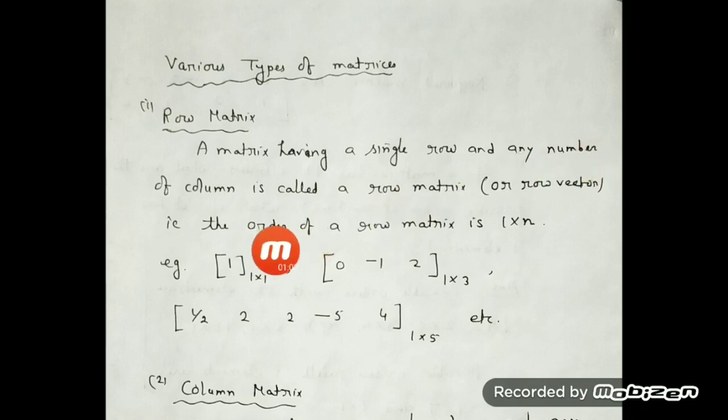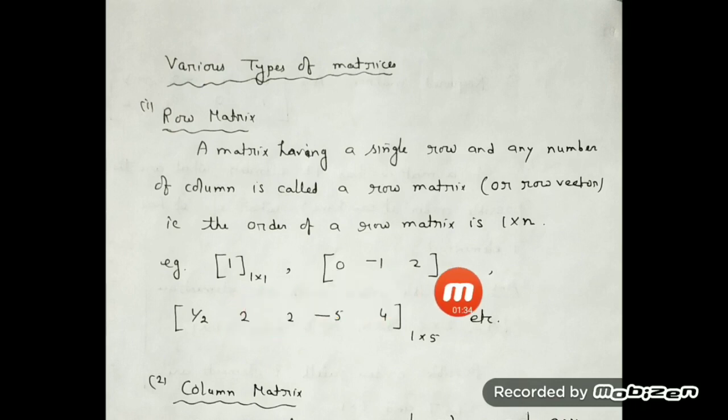Okay, so generally what is the order of a matrix we take? We take the general order as m by n, right? In the case of a row matrix, m, the number of rows, is always equal to 1. So the general order of a row matrix is 1 by n. That means it will always have one row. For example, if I take a 1 inside a square bracket, it will represent a matrix. And what is its order? It has one horizontal line and one vertical line. So this is a matrix of order 1 by 1.